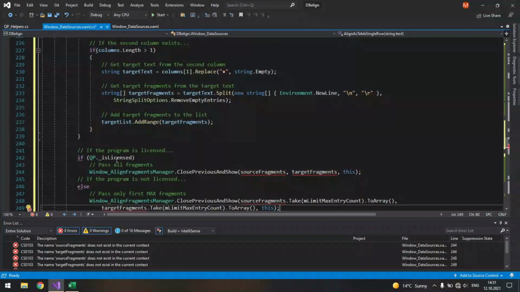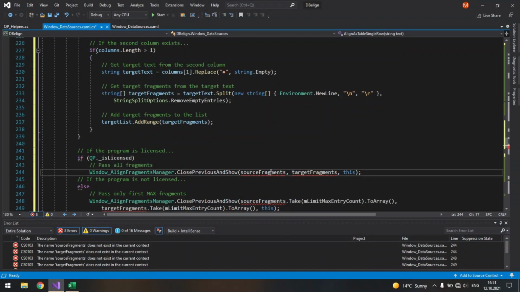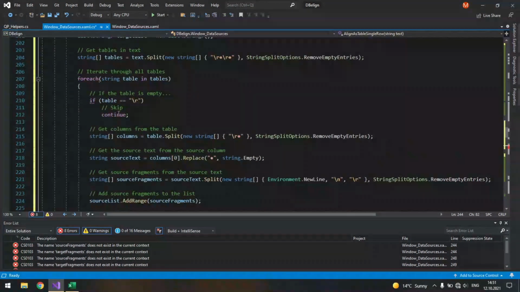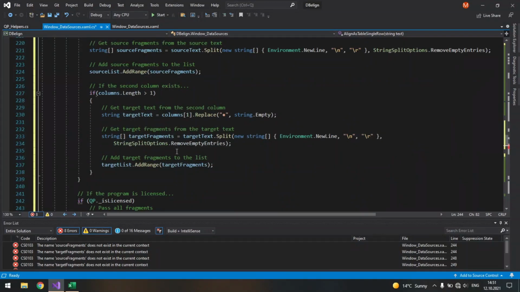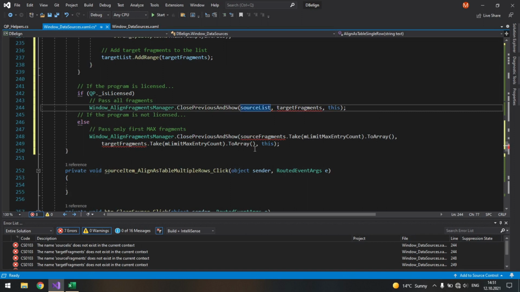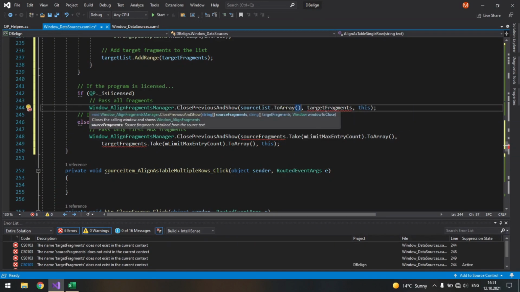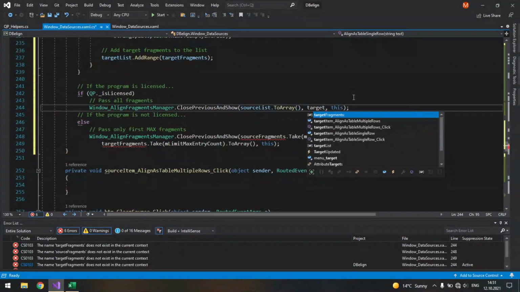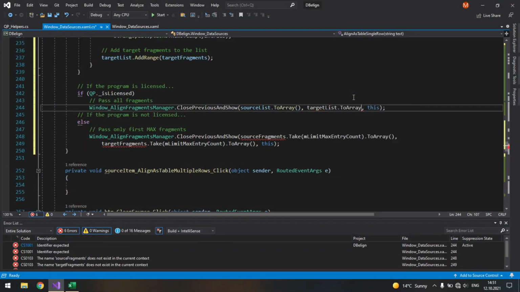Alright, so if the program is licensed, we pass all fragments, and we have a list here because we have added different string arrays. So source list, but because this method accepts arrays, we need to convert it to array, and the same here, target list to array.